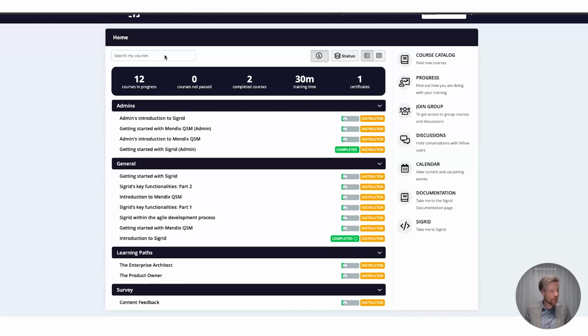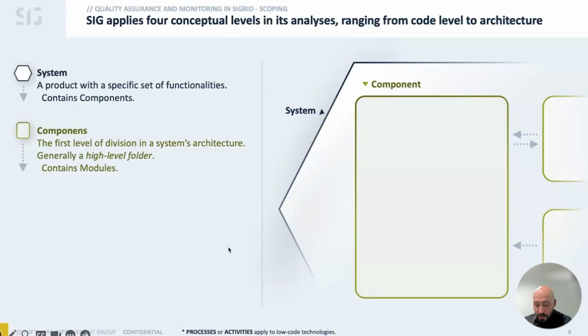We will continue with the next question, which already was answered in the chat or in the Q&A, to be more specific, by Jamal. I think I'll hand over to Jamal with the question: What do you classify as a system? Is it a repository? Is it a product? Is it something else? Maybe Jamal, you can show what it looks like in Sigrid. So this is a religious discussion, I would say sometimes.